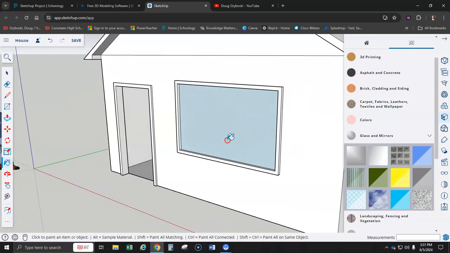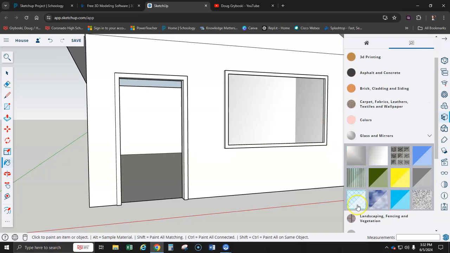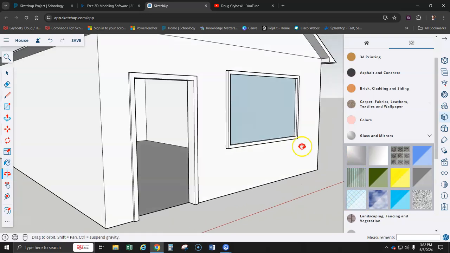Let's put a pane of glass on there. I'm not sure which one I like. So anyway, I'll just stick with this one. Alright, so